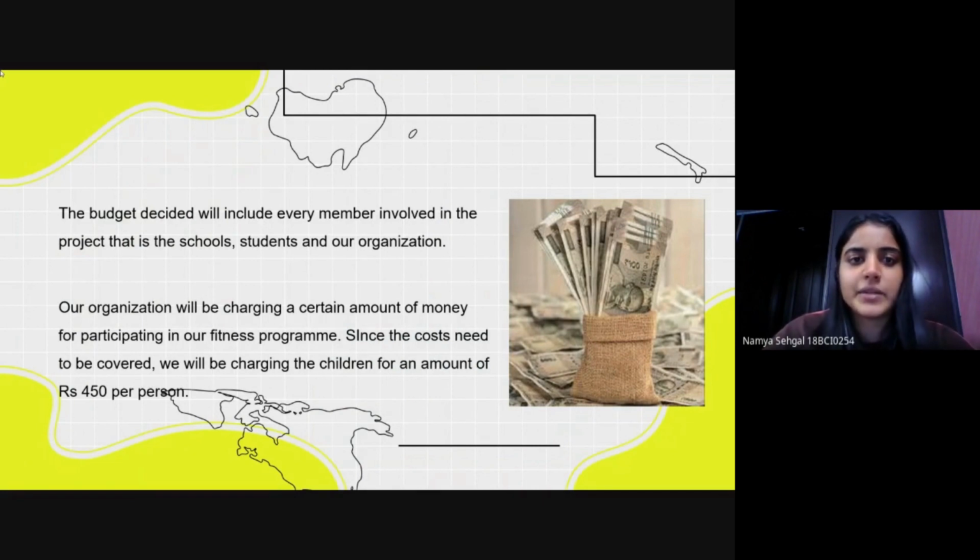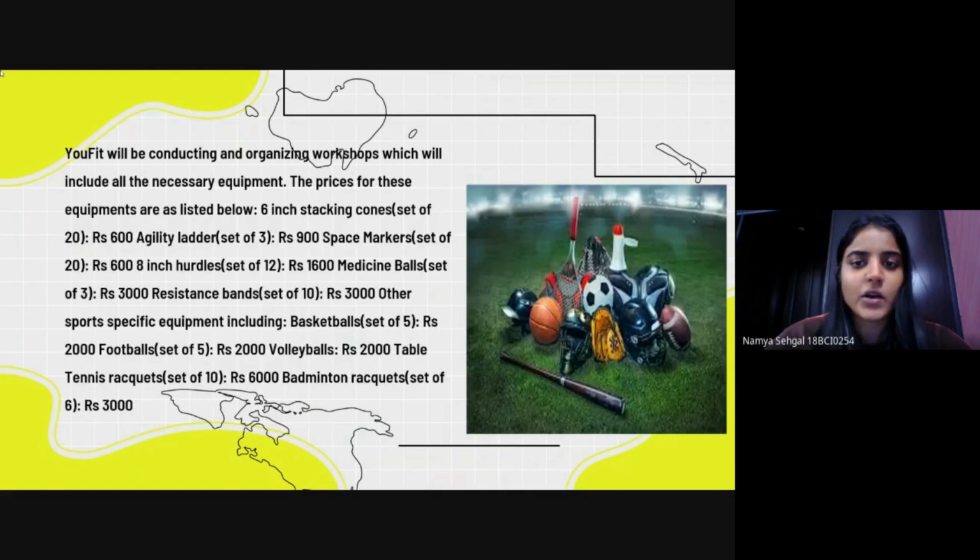Starting with the costs, our organization, UFIT, will be charging school children a certain amount for participating in our fitness program. Since all the costs need to be covered, we will be charging 4,450 rupees per child. UFIT will be conducting and organizing workshops which will include all the necessary sports and physical education